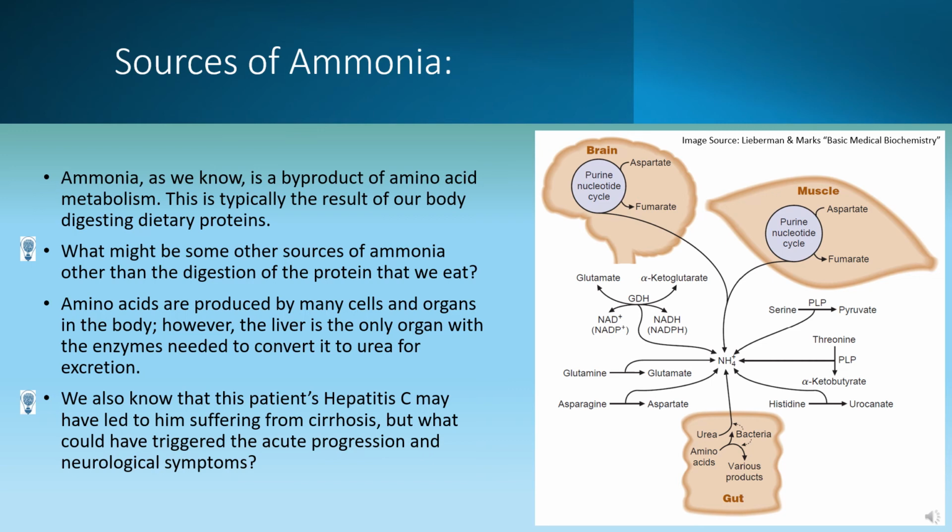The digestion of blood proteins in the intestines leads to the breakdown of even more proteins and amino acids, which only increases ammonia, which needs to be eliminated. If cirrhosis damages the liver and causes internal bleeding, which causes an increase in ammonia, which can't be eliminated due to liver dysfunction, this can be a precipitating factor and lead to acute and severe progression of his cirrhosis, and may also be the cause of his hepatic encephalopathy.